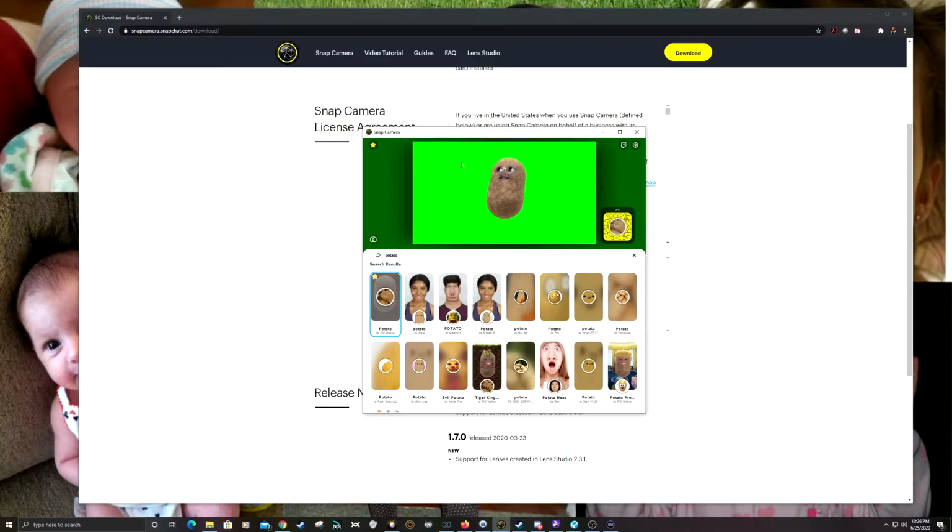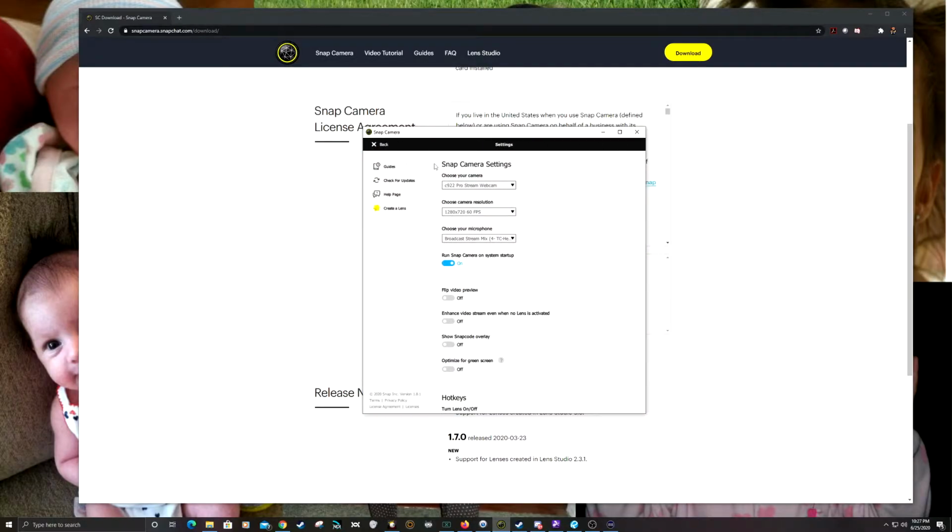So in settings, we have our hotkey for the potato. Now we need the hotkey to change that to the green screen. You're going to want to click on settings over here, the gear. That opens up and you have your camera choices. Now the way I have it set up is I have 2 separate cameras. I have my main camera, which is my Canon M50, and then I have my C922 Pro stream webcam, which is my